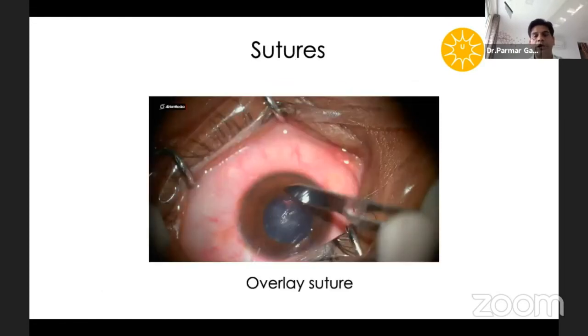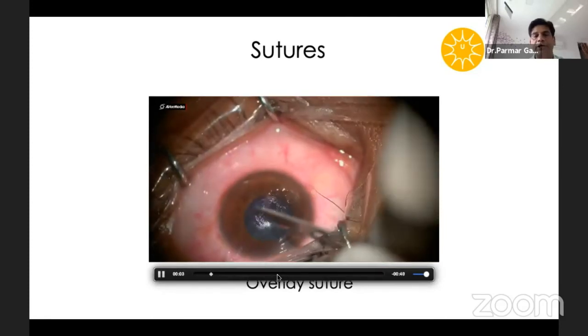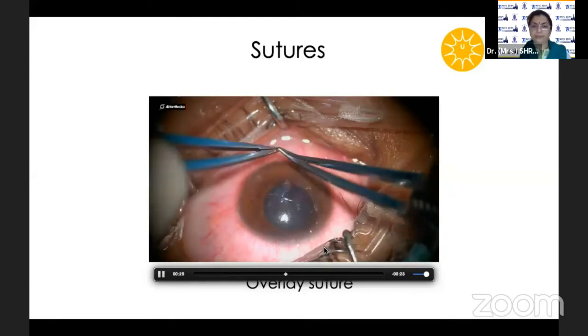Again, suture can be, this overlay suture. Very small video. I just finished. This is overlay suture. Continue. We can use. We have enough time. Okay. So